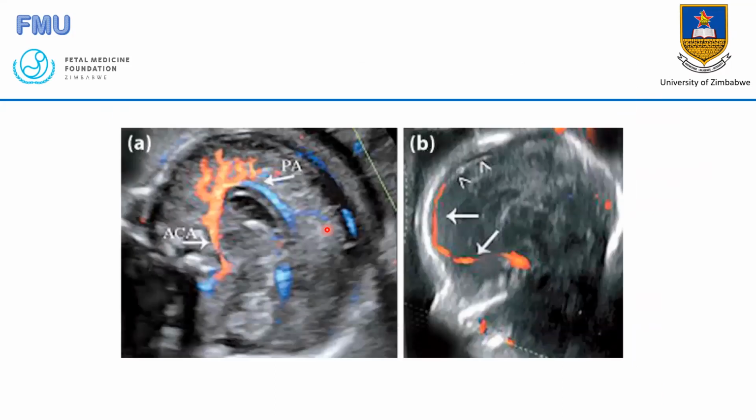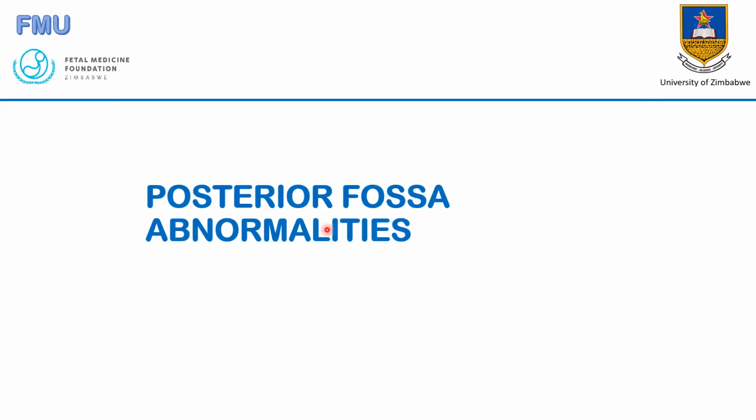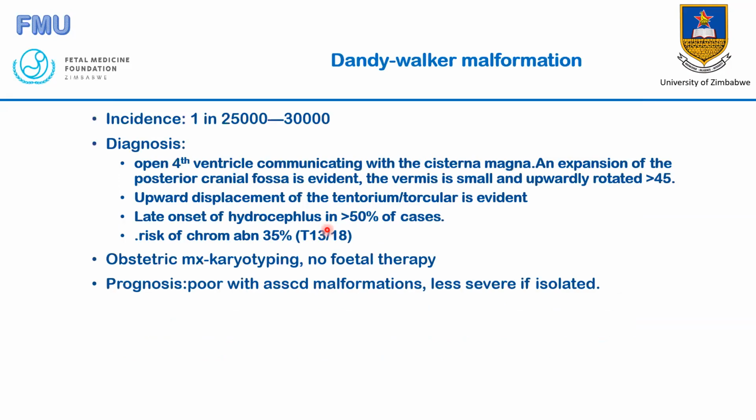Let me, yeah. So let's start with the Dandy-Walker malformations. How common are they? They are as common as 1 in 25,000 to 1 in 30,000. Not very common, but we have seen quite a number in the unit already. And how do we diagnose it? Normally, there's an open fourth ventricle communicating with the cisterna magna. There's an expansion of the posterior cranial fossa,